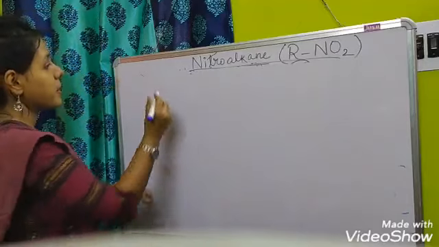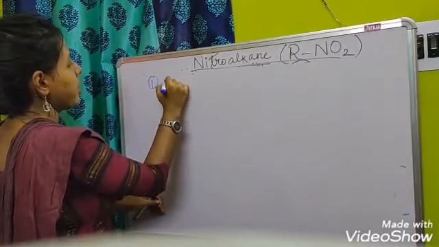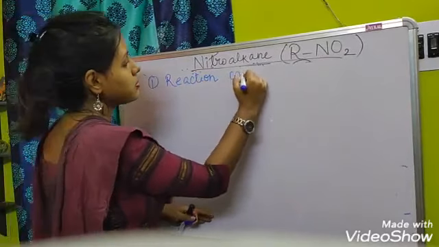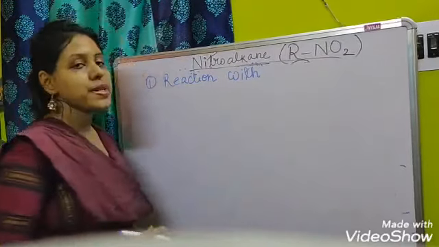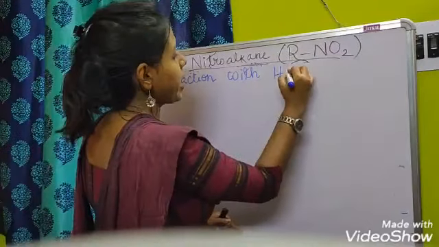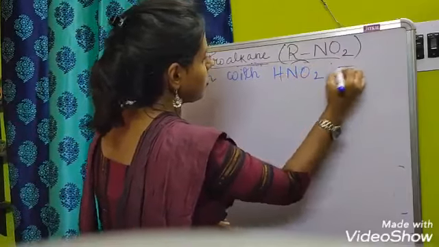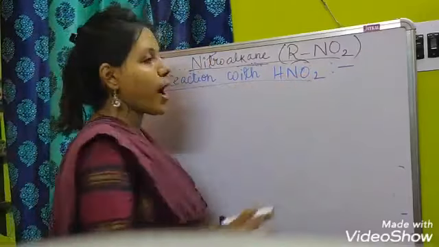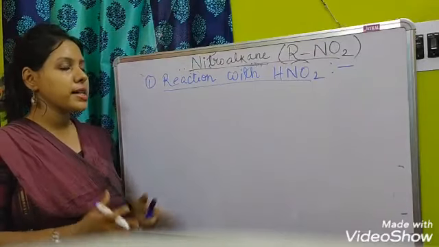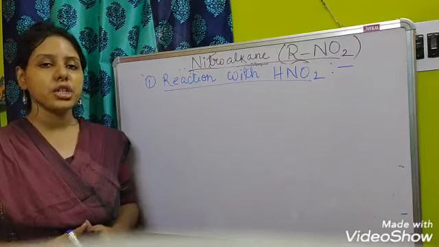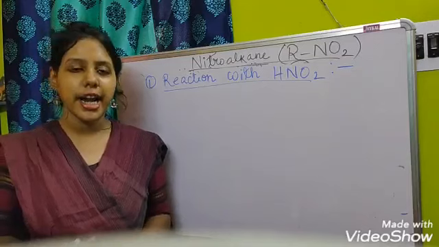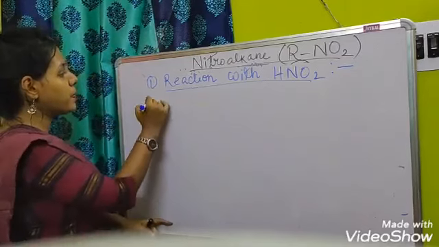The first one, reaction with nitrous acid. Nitrous acid has the formula HNO2. And one more important thing, this reaction is very important because by this reaction we can differentiate between primary, secondary and tertiary nitroalkanes. So first of all, primary